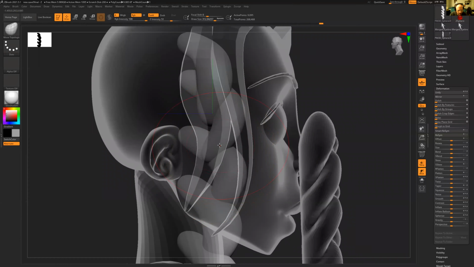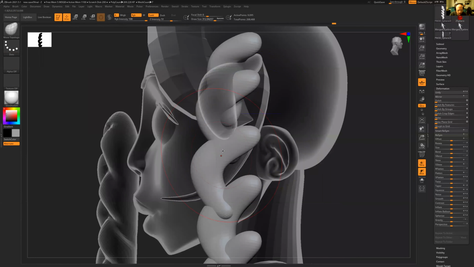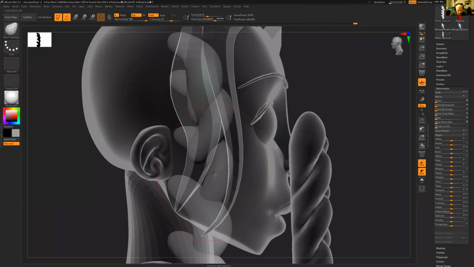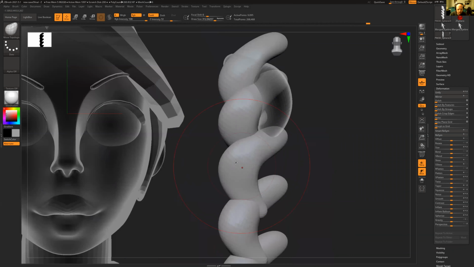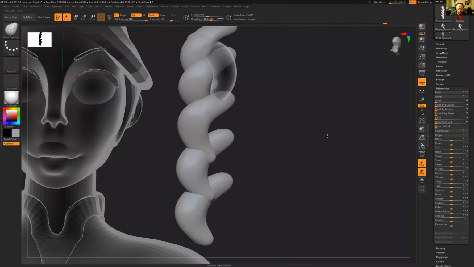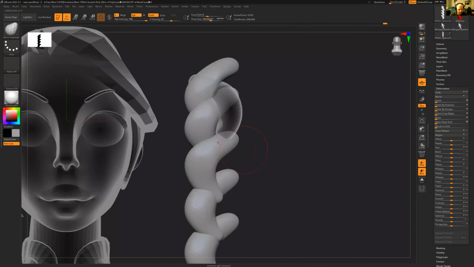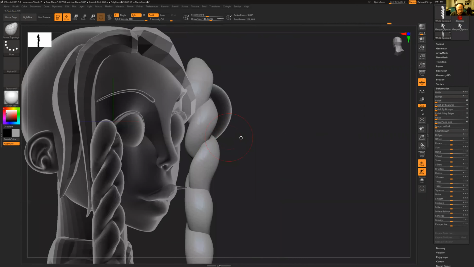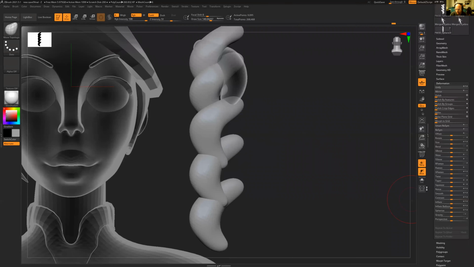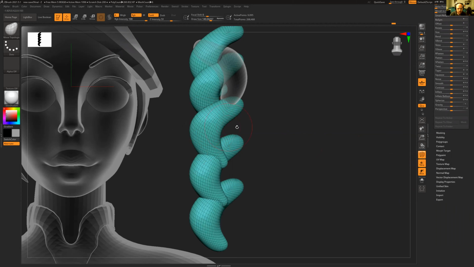Bottom one goes, or top one goes below bottom. And right now I want to try to delete some of these lower ones